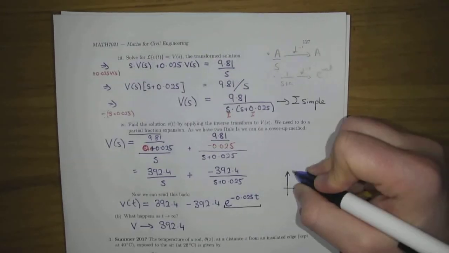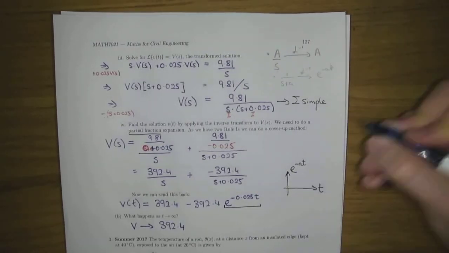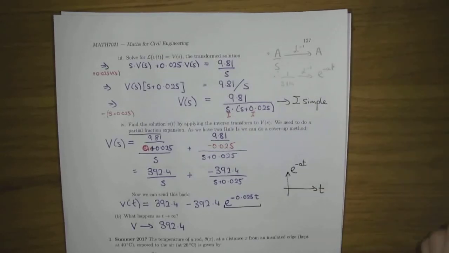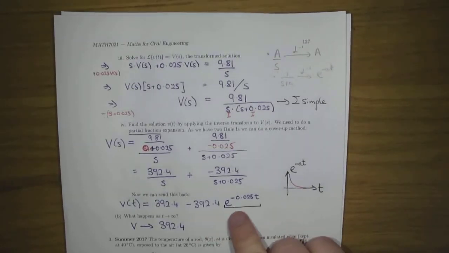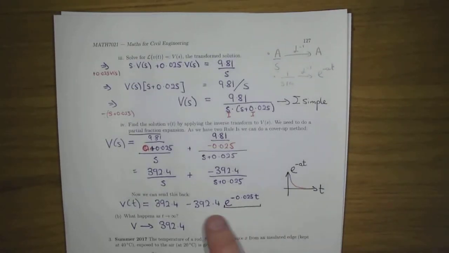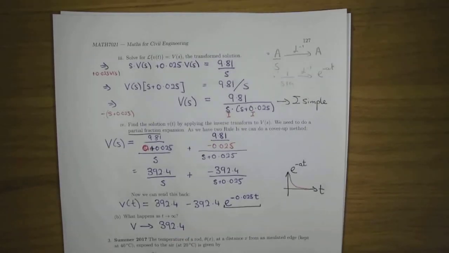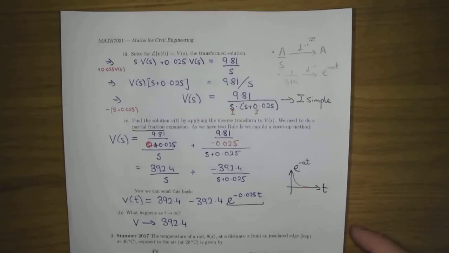If you want to have a think, pause the video. A negative exponential goes to 0. So this term is 392.4 by something that goes to 0. So this goes to 0. So you're just left with the 392.4. I suppose if we're engineers, we want to look out for units. It actually doesn't say anything about units, so not a great question. So I won't include units here either. So 392.4 units. Okay. Now the next question we will probably look at in the next video.